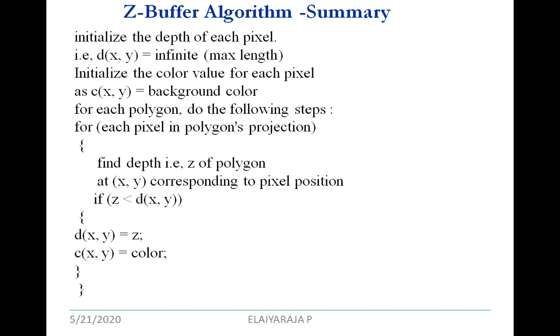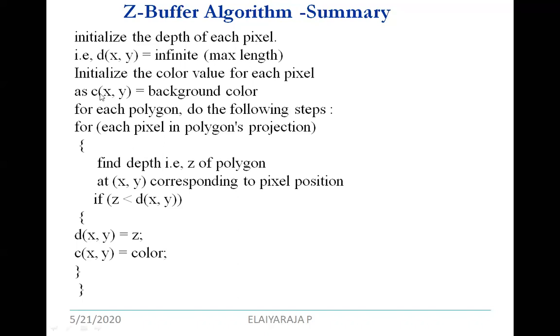Suppose the first pixel you have completed, you specify the color red. The next pixel you have completed, you take the value green. The next pixel, you take the value blue. Suppose the green value you filled in the particular pixel has a depth value higher than your previous pixel, then your new depth value will be replaced, which means the new color will override the existing pixel color. Otherwise the color of the pixel x comma y is going to be the background color.